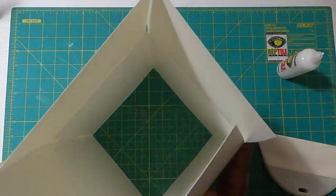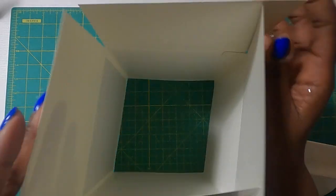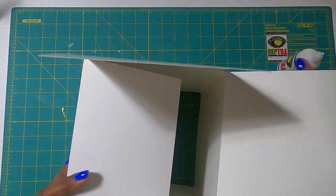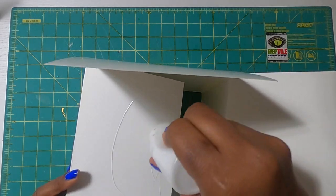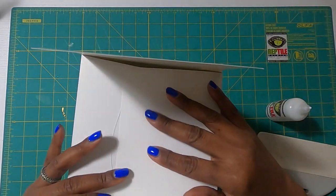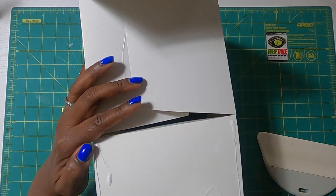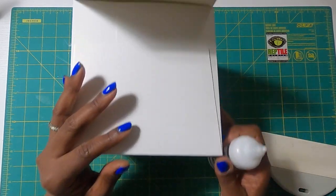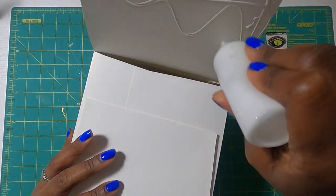So now that we have our box, we're able to put it together. So what I'm going to do is I am going to take my box, stand it up, and fold it in just like that. And I am going to add just a little glue because I don't want those side flaps being loose. And then I'll take some glue and I'm going to place glue on my back flap and I'm going to fold that up, and then I'll place glue on my front flap,